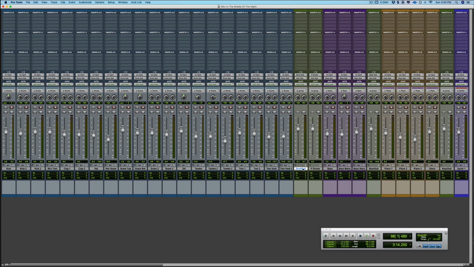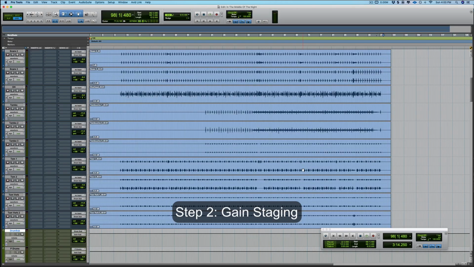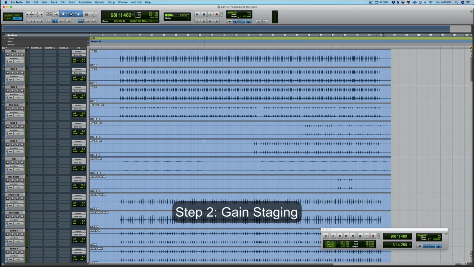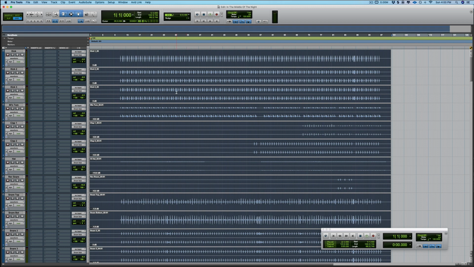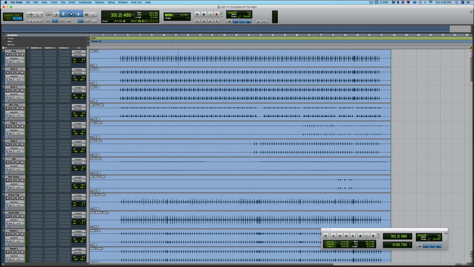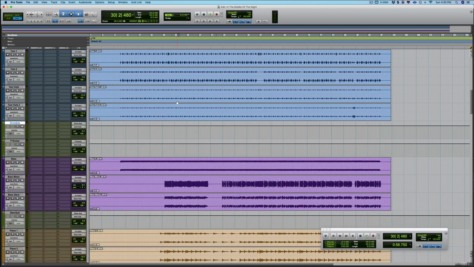So that's organization. Step 2 of this process is going to be gain staging. So let's flip over to the edit window, and Pro Tools has this really magical little function called clip gain. Clip gain lets you, in the edit window, directly affect the gain of each audio clip individually. And this is something that I do at the beginning of every session because should I, like for a lead